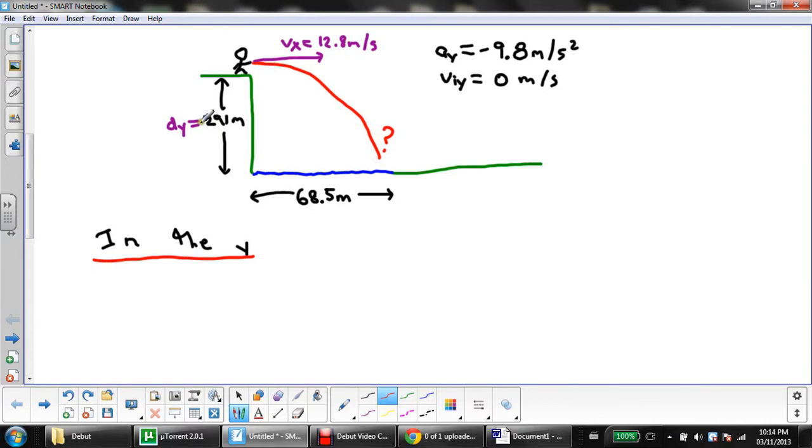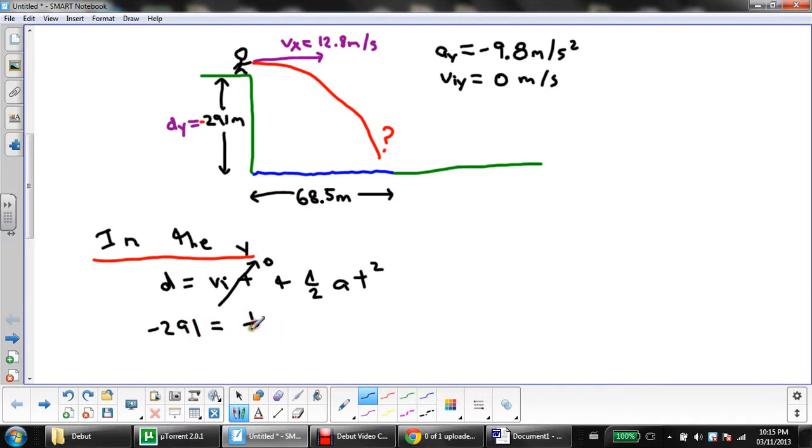I'm going to slide in a little negative sign, because if this is his starting point, we have to differentiate things down from things up. Everything down is going to be negative and everything up is going to be positive. So I'm going to start trying to find time, and I'm going to use the formula d equals vit plus 1/2 a t squared. And since viy is 0, this term is gone. And I get minus 291